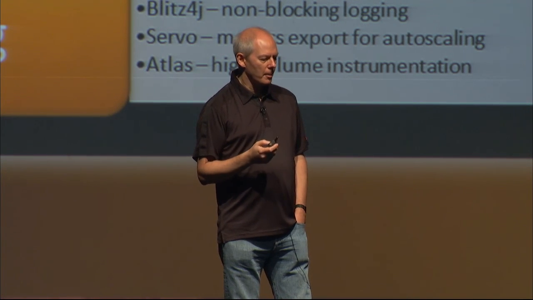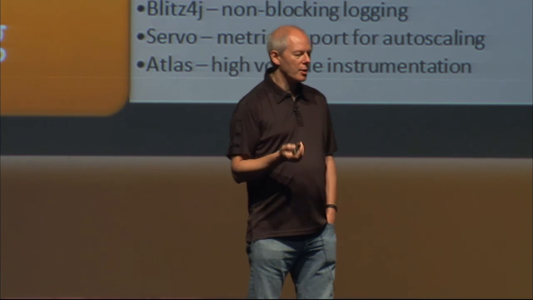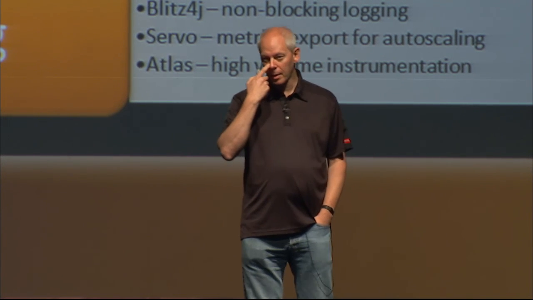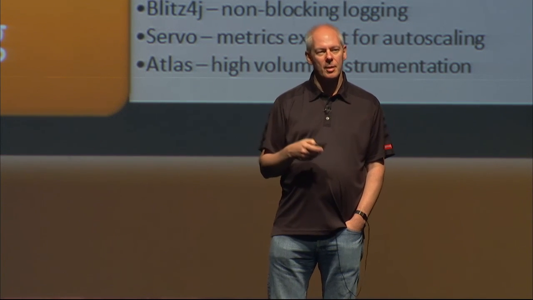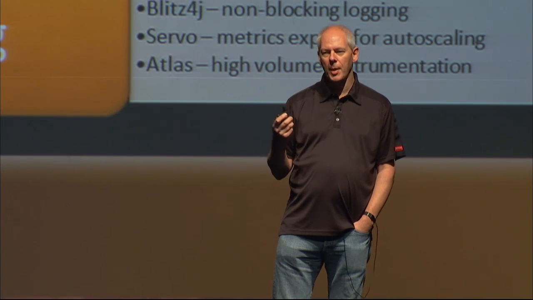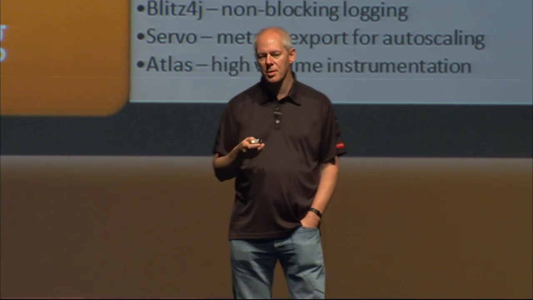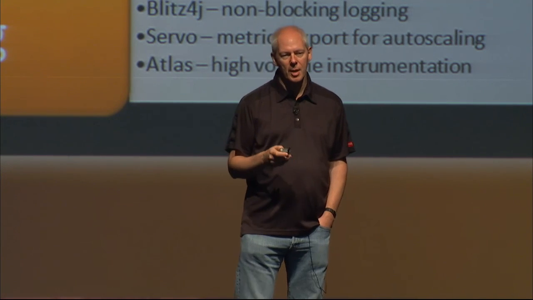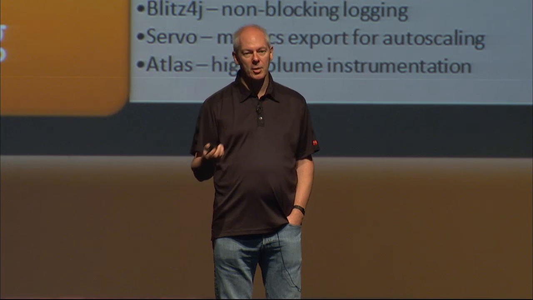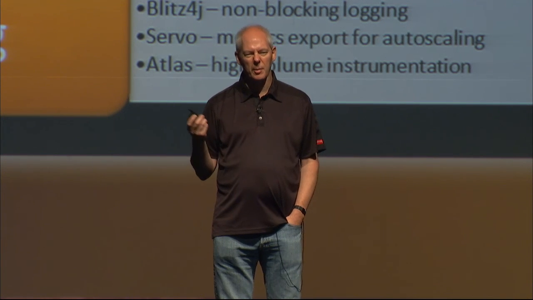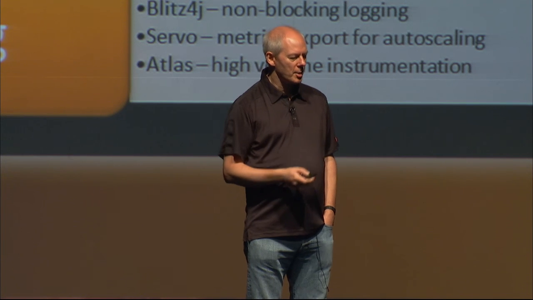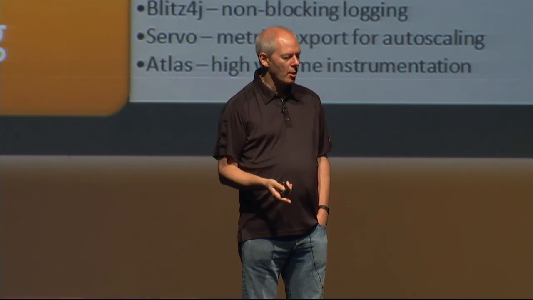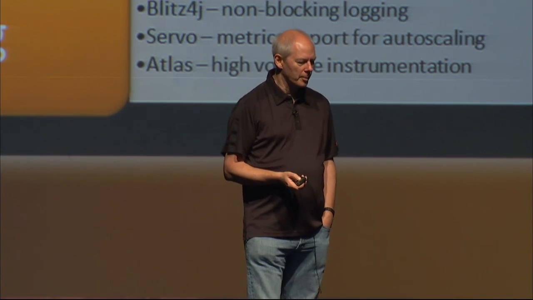Then for accessing data, we have Astyanax, obviously. EV cache for memcached. Curator is a Zookeeper pattern library. Zookeeper has recently decided they like this enough that they're sponsoring it as an Apache incubator project. So Curator is the first piece of NetflixOSS which is now moving up to Apache incubator, and it will eventually, I think, become part of Zookeeper itself. And then Denominator I mentioned for DNS routing. Then there's a bunch of logging I mentioned before.